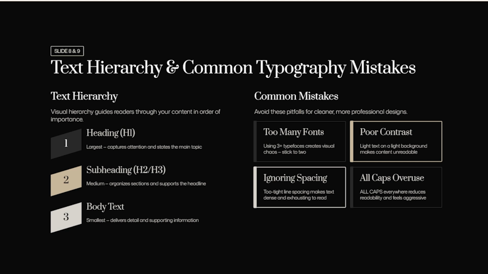What are the common mistakes we make in our websites? The text hierarchy helps users understand the importance of information. Users don't read every word. They scan first, and the typography should guide that scanning behavior. Like the first heading is the main page title, the second has some information, and the third heading has some subsection titles. The body content has the detailed information of the page. So this is the text hierarchy used in our websites. Okay,